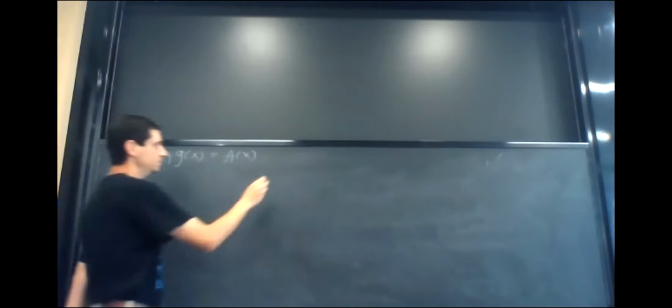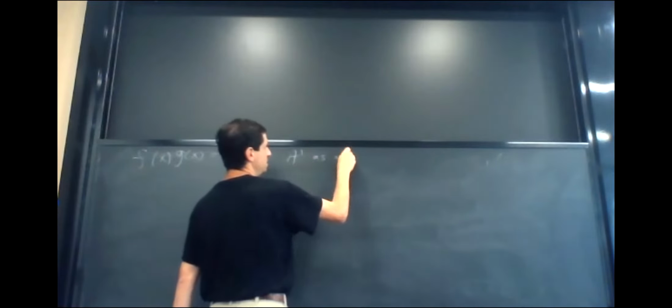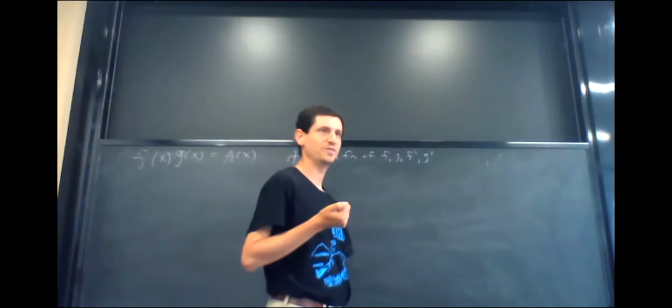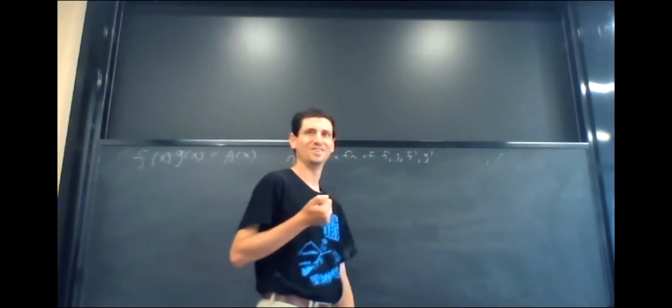Well, we don't have that. We have, let's say, f of x, g of x is some function a of x. And we want to find a prime as a function of f, g, f prime, and g prime. So I'm assuming everybody has seen the proof of the product rule where you add 0 in a clever way and then just do some algebra. Did anybody, you haven't seen this? I'm assuming I've seen it at some point, but I don't remember.